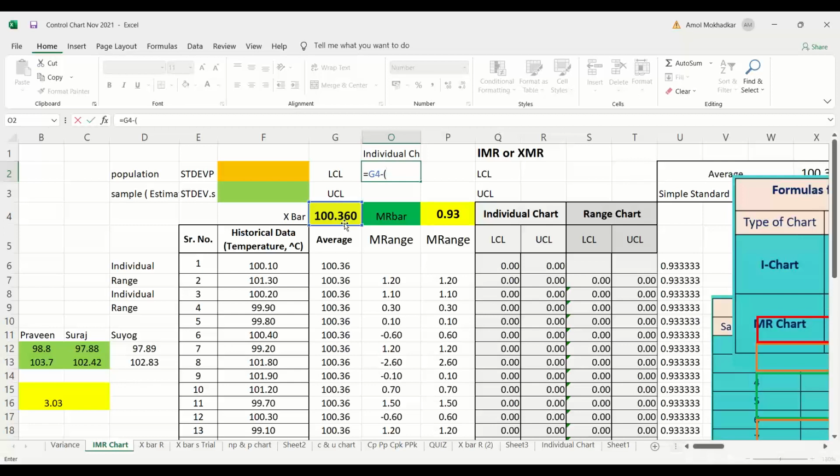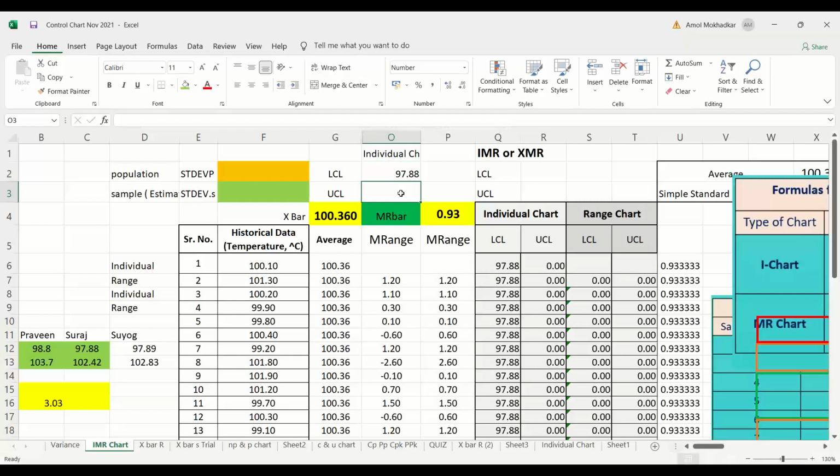What is R bar? 0.93. And the value of D2 is 1.128. So you get the value of 97.88. 97.88 is the right answer.